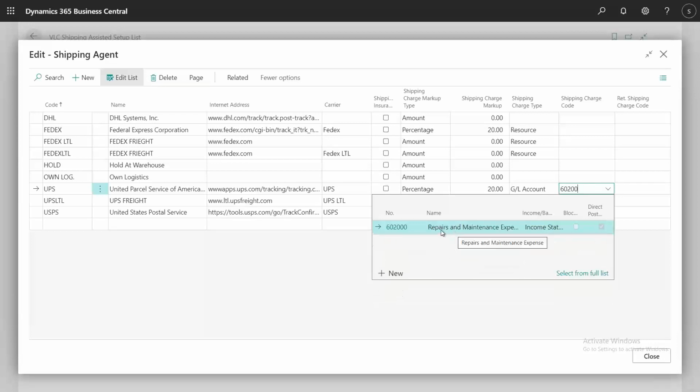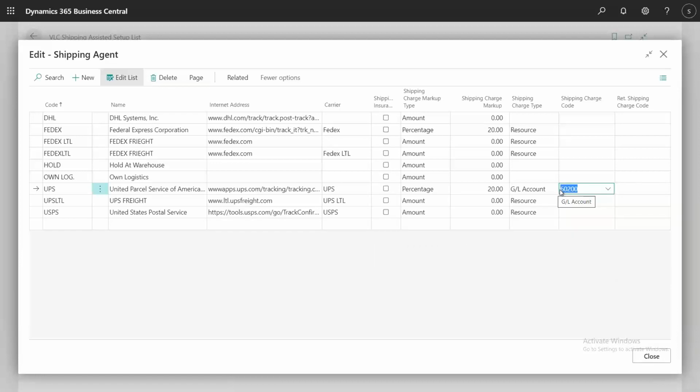If you do not require this or any account, you can leave it blank, and it will not create a charge. But if you set it up, it will create a charge, whatever the cost. If you do not require markup, you can put 0. And the account you can set up. For now, I have set it up, so you can see how it works in the demo.